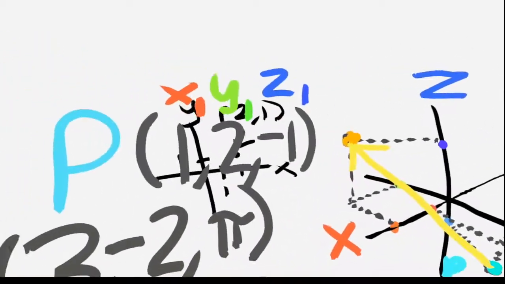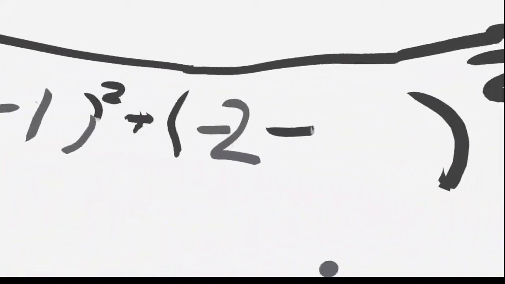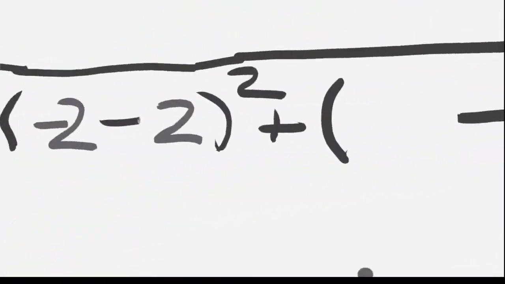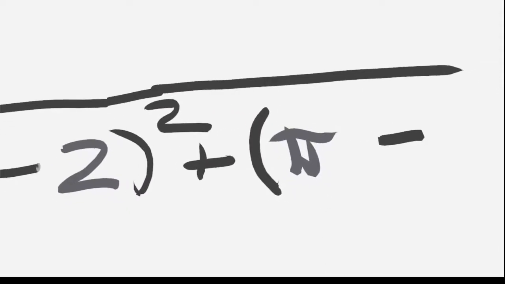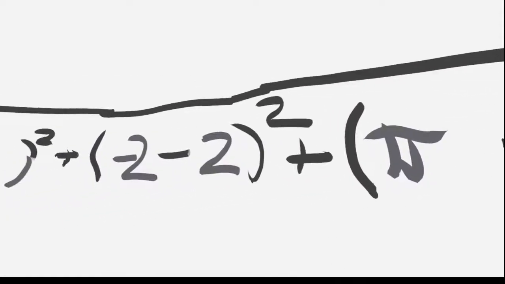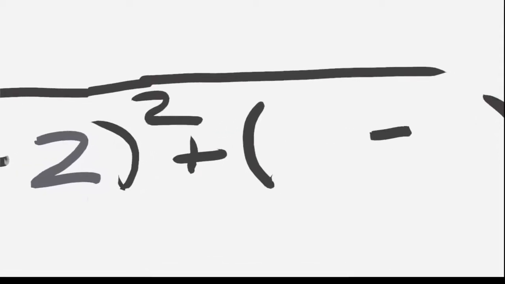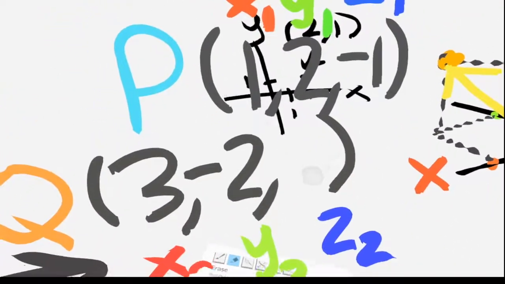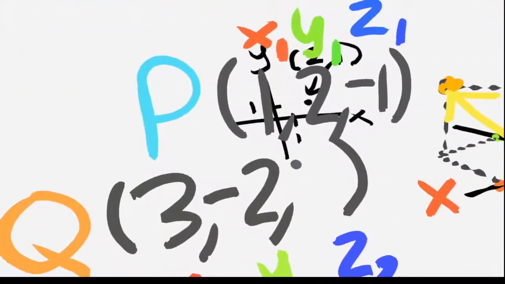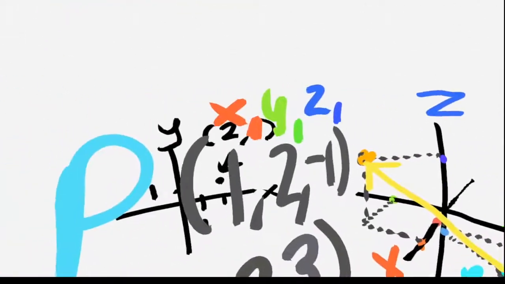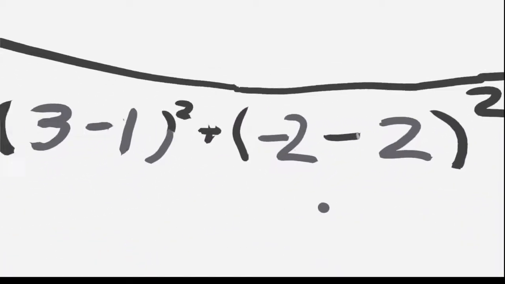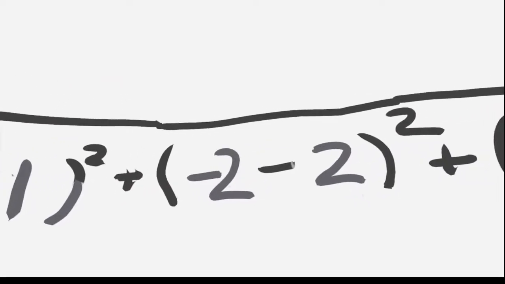Negative 2 minus 2. And the z2 is going to be pi. I shouldn't have used pi. Now I have to come up with a really large number. So let me just call it 3. And 3 minus 1, which is plus 1. Now if you add all this up, you're probably going to get something like